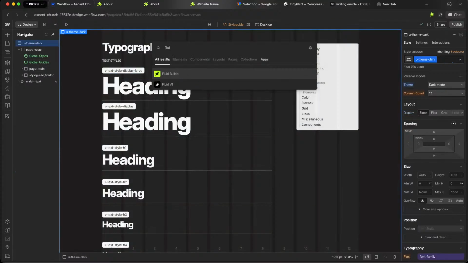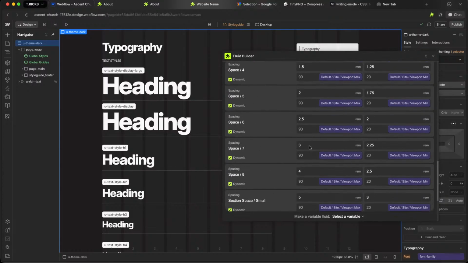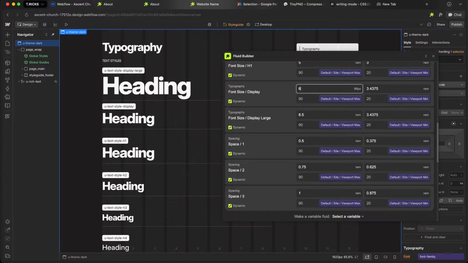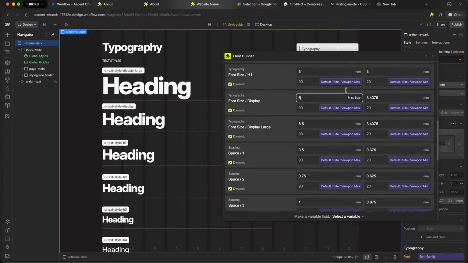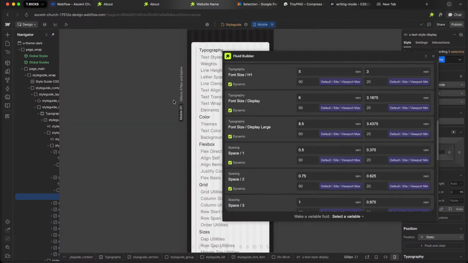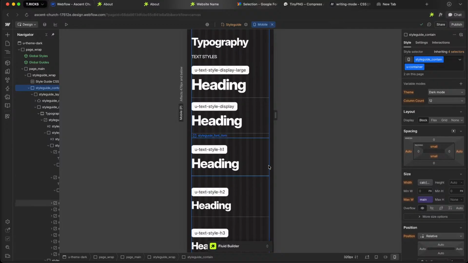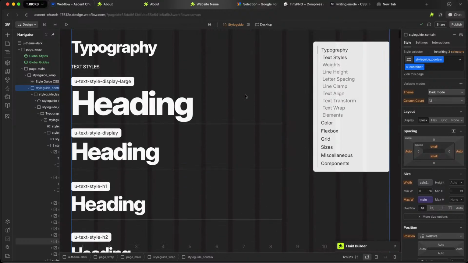The only difference is I now need to have the regular display, and that one can be the 96. Let's start decreasing it till we get to 96, right there. And then it's going to need to be somewhere in between this one and this one on mobile, probably somewhere here, just to make sure our type scale still looks okay on mobile. Let's minimize that. Yeah, there's not going to be much difference between those on mobile, but it'll just have a little bit of